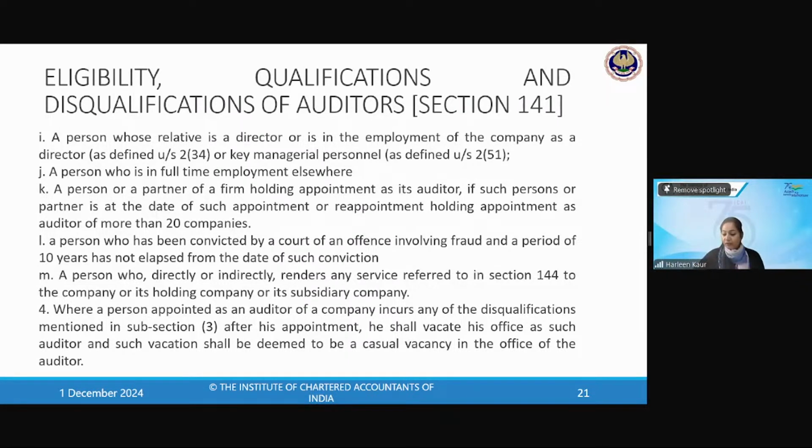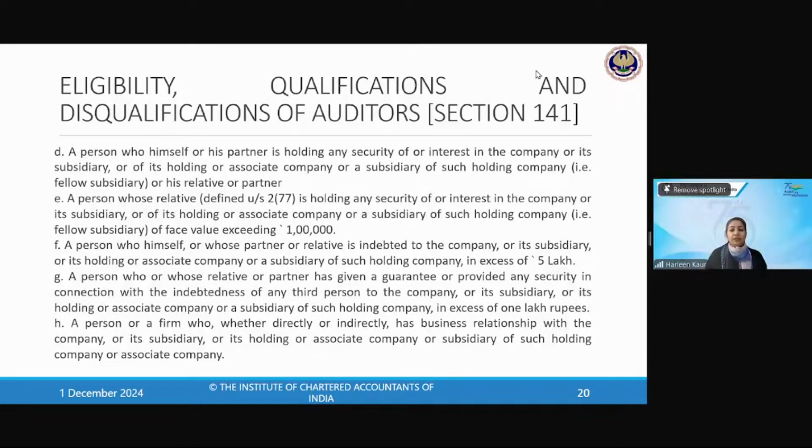When the notice is given for the resignation of the auditor, which form is being used? ADT3, absolutely correct. When the auditor is resigning on his own, he submits ADT3 form. And when the notice needs to be sent to him for the removal, then ADT2 form is used. Is that correct? Now, children, we have discussed all these three forms also, and we have discussed the appointment of